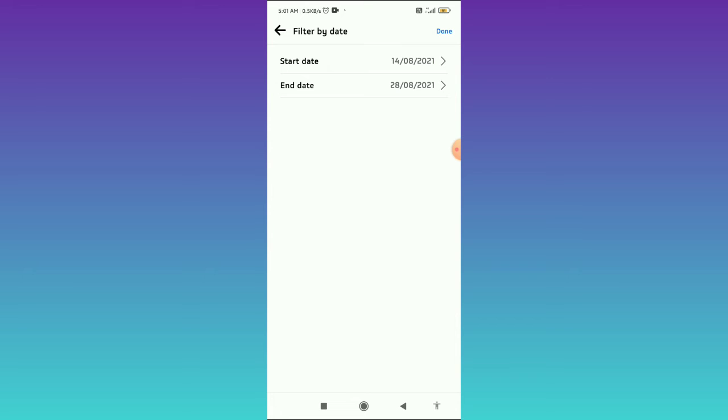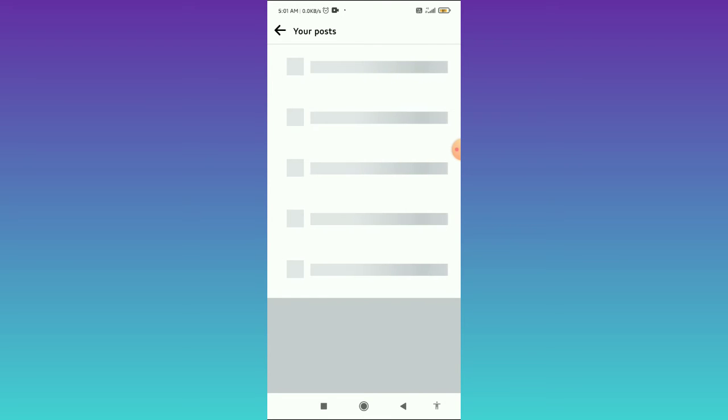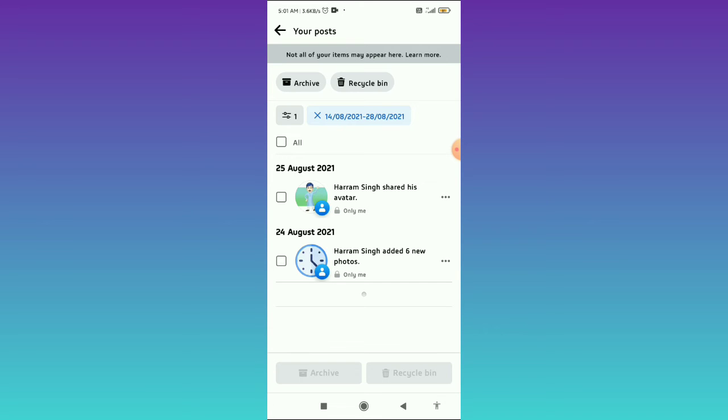And after choosing the start date and end date, you can click on Done in the top right corner, and then here you can find all the posts between these dates. So to delete all posts, or you can delete an individual post by tapping on this box on the left side of this post. So if you want to delete all posts, tap on All in the top left corner